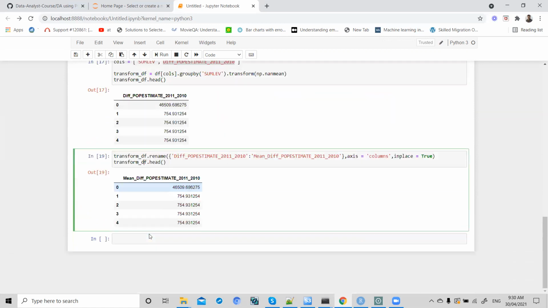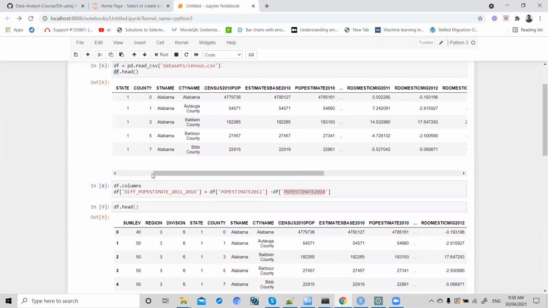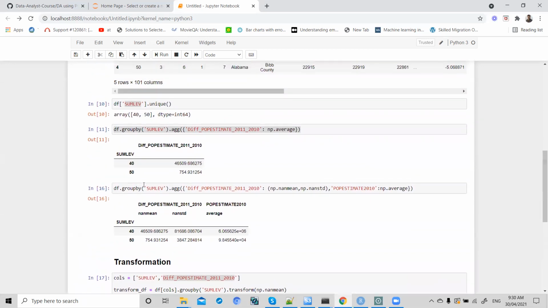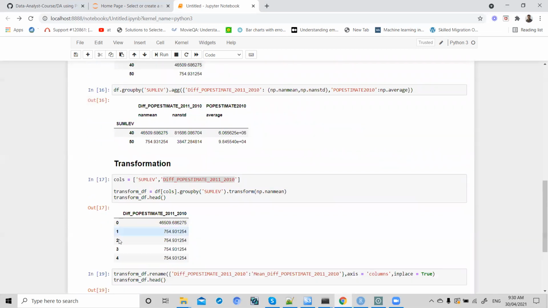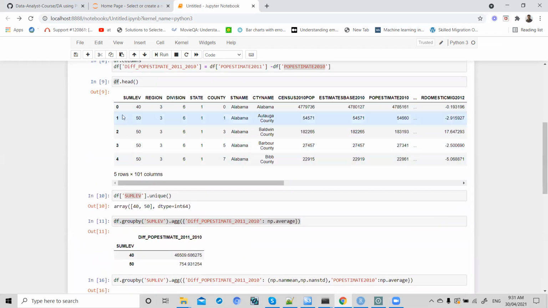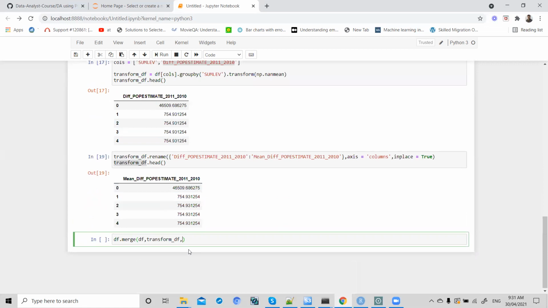To merge this information into my main data frame, we use merge. I have discussed this in my last lecture. We use df.merge to combine these two tables. So I will combine my df with the transform merge. This is my index, 0, 1, 2, so the index in both data frames will be the same, right? So my left_index is equal to true, and right_index